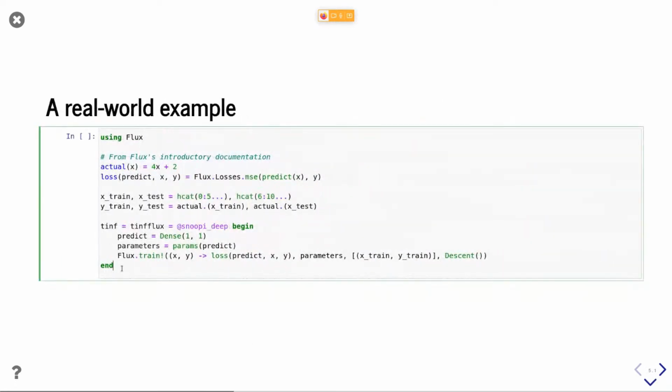Okay, so let's do a real world example, because this one will take a little while because of the latency issues that we might like to address. I'm going to launch it right now. So this is using what is, I think, currently the highest starred package in the Julia ecosystem, Flux. And this is straight out of Flux's introductory documentation. There's a model of the real world here called actual, and the user wants to try to mimic this